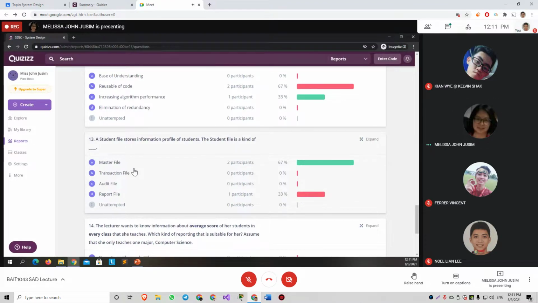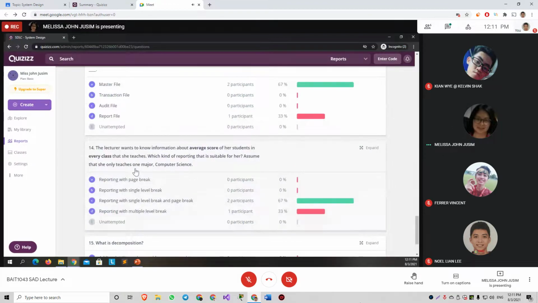Okay, 14. The answer is not a multiple level break, because the question says this lecturer only teaches one major, which is computer science, so no need for multiple level break. Only a single level break for one course, and then the average score here for every class.